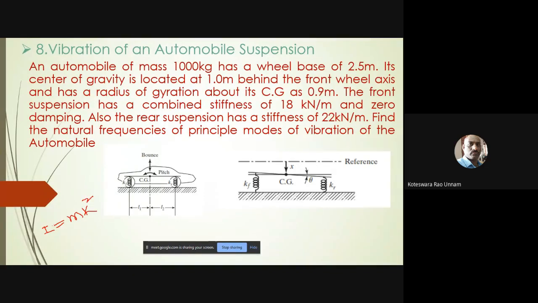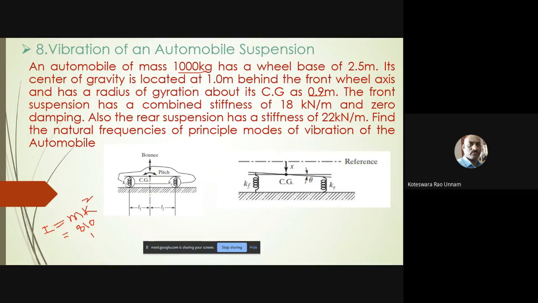So m is given as 1000, and the radius of gyration k is given as 0.9. Substituting, 0.9 squared is 0.81, and 0.81 times 1000 gives 810.